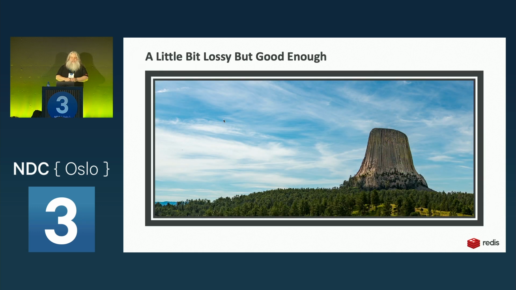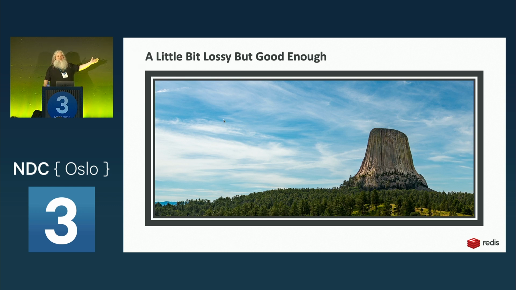Here we've got a wonderful picture of the Devil's Tower, which I think's in Wyoming, but it's in the Badlands. I just can't remember if it's in Wyoming or North Dakota or South Dakota. It's definitely up there somewhere. But anyhow, if you've seen Close Encounters of the Third Kind, then you know why I suddenly want mashed potatoes. That's a joke for everyone over 50.